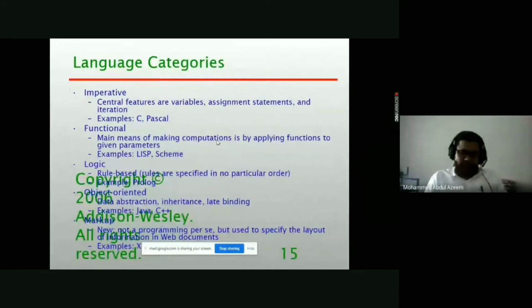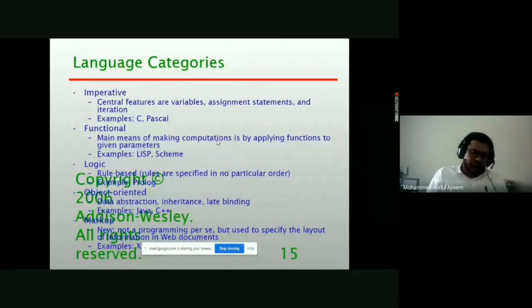In the first class we discussed that we can classify the languages into imperative, functional, logical, object-oriented, markup, all kinds of things, right? So we've got some idea based on some criteria: how the languages are going to be influenced, how they are going to be evaluated, how they're going to be designed, and the trade-offs, design issues, and all. So now